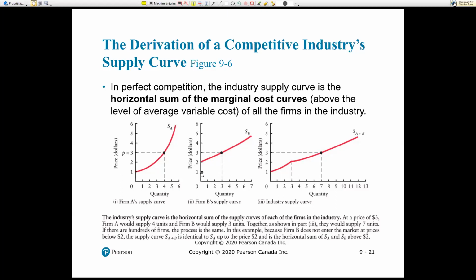You're going to see that here you have only one firm, and then the second firm kicks in. So even though this was smooth and this was smooth, here it looks like there's a sort of kink because the second firm enters the market. So that's a technical issue if you're going to add up the production of two firms. But if it's a large market with 10,000 firms, then it doesn't matter. All you have to remember is that to get this aggregate supply, you add up quantities, so on this axis there.